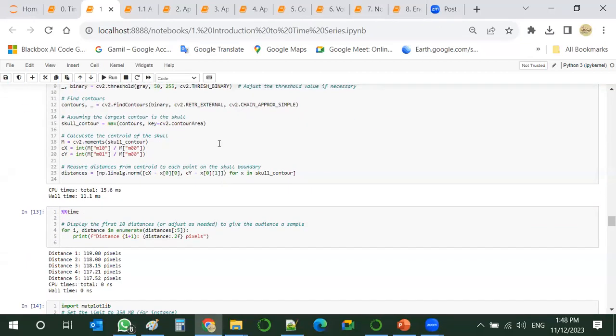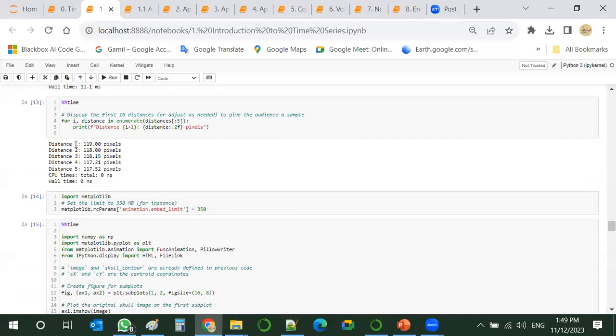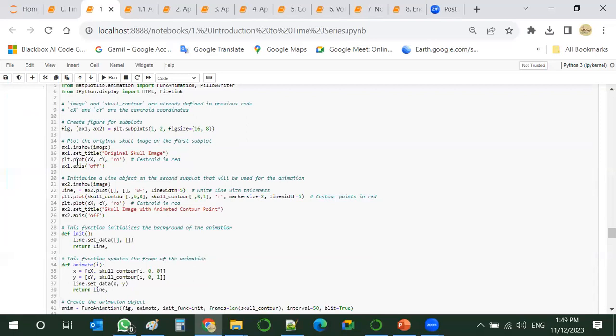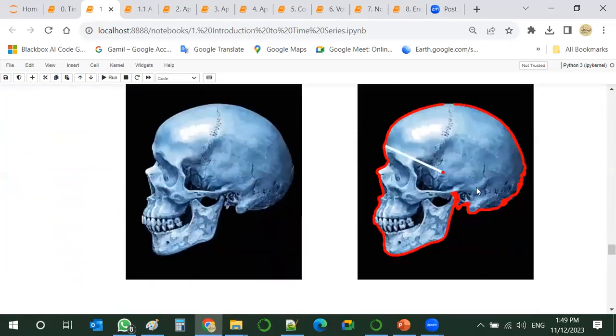and we get the distances from our centroid point, and we have this distance 1, distance 2, distance 4, and they are successive, and they are similar in nature to time. So if we plot this, you can see how it works.